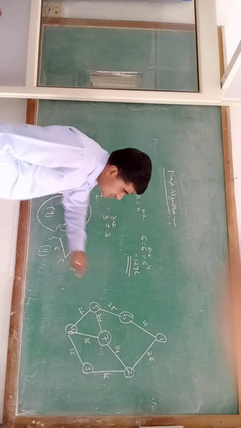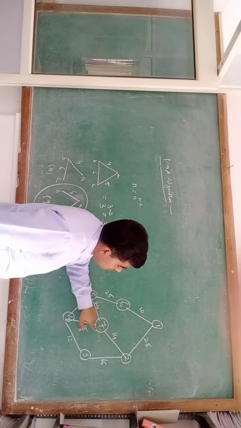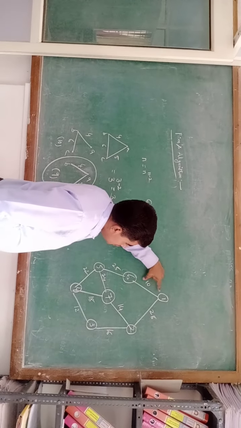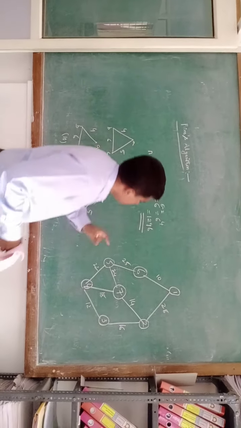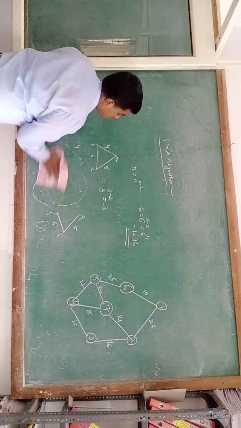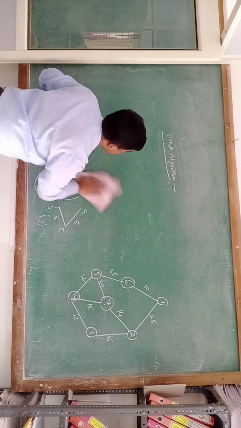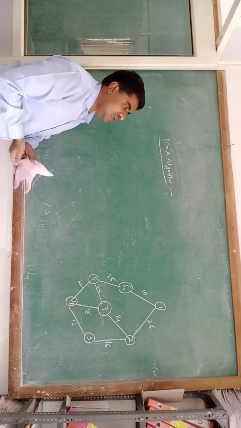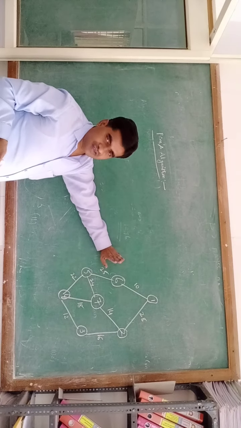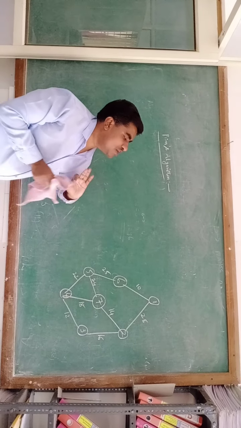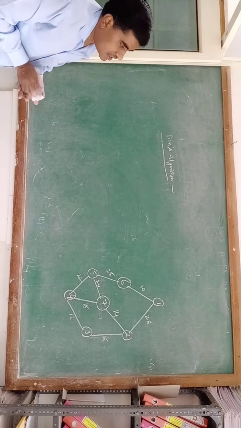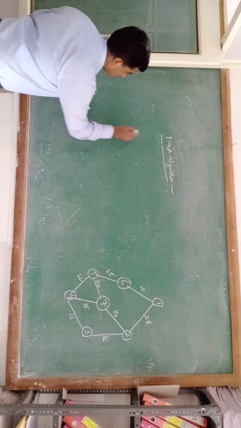For example, this is the given graph. In this, 7 vertices are there and we have specified each edge weight also. For this we have to find the minimum cost spanning tree. So initially in Prim's algorithm, all vertices are unvisited. We have to start from any one vertex. So suppose we start the traversal from vertex 1.